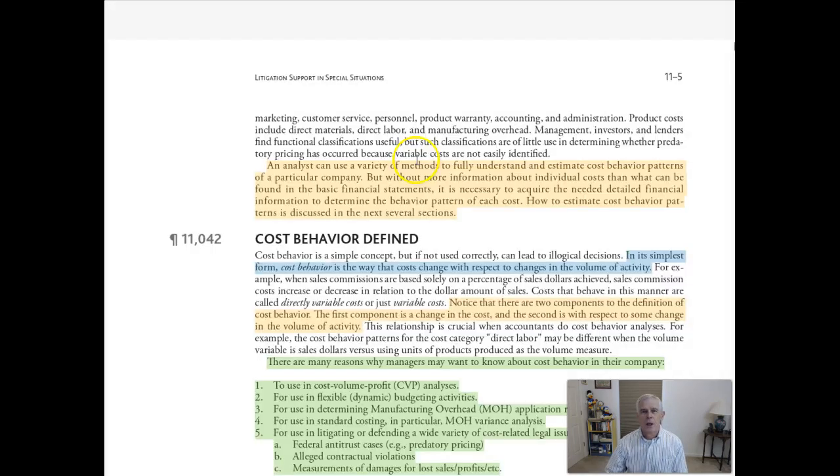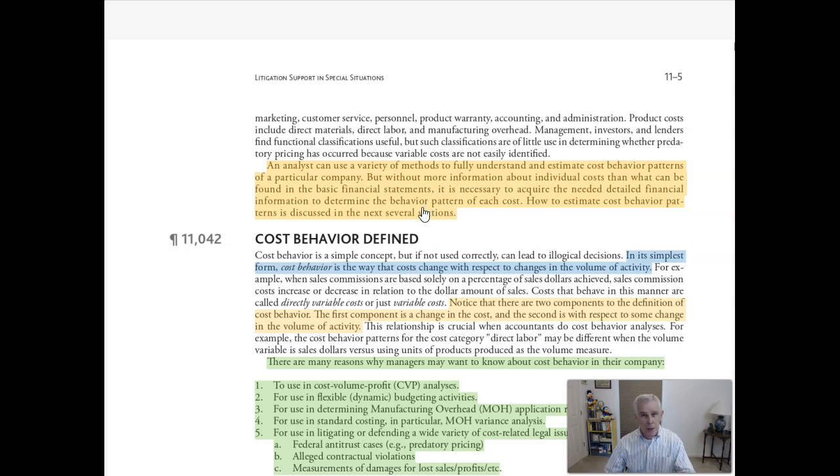Next page. So again, an accountant working for the plaintiff, before the lawsuit's filed, the plaintiff's attorney really calls the accountant in to look at the numbers. That person might only have those financial statements to work with. And so they do the best they can to try to figure out, does it look like predatory pricing is present or not? And like this paragraph says here, the financial statements don't give you much information to work with. Okay, but you might take information that you can gather from those statements and then do some preliminary computation to see if you believe that exists.